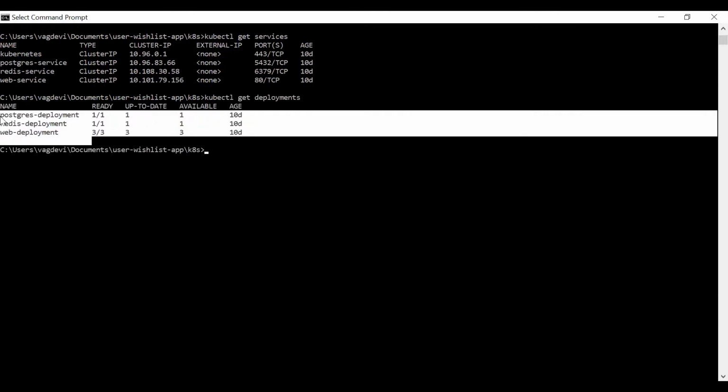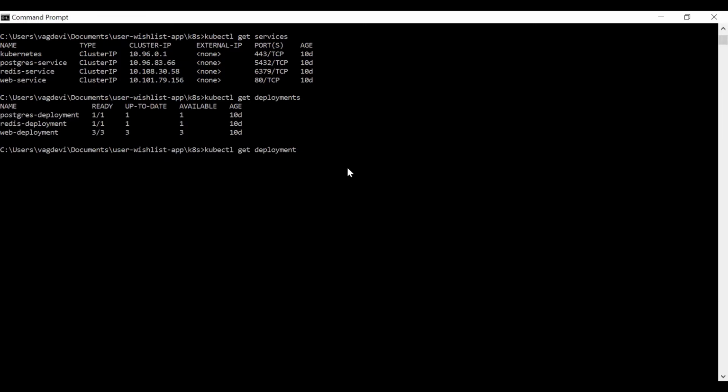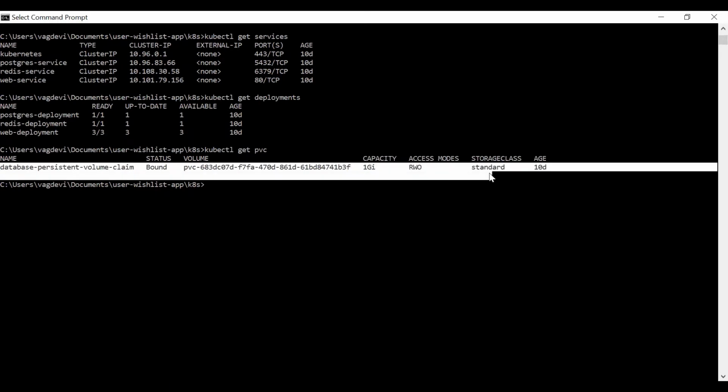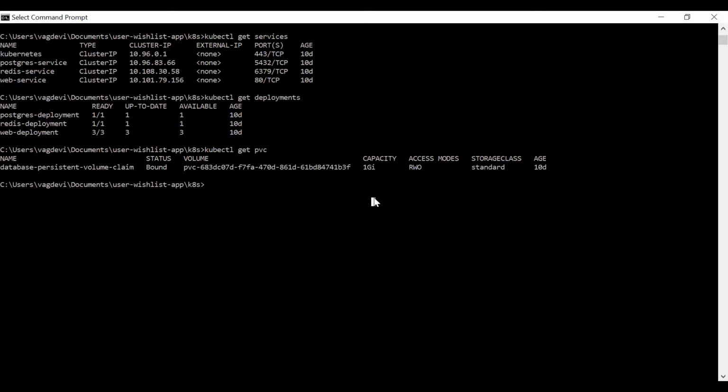All are ready, right? And get ingress. Let us see PVC, the persistent volume claim. This is the name, this is the volume bound to that, and capacity 1 GB. All right, so everything we have defined. And kubectl get ingress.